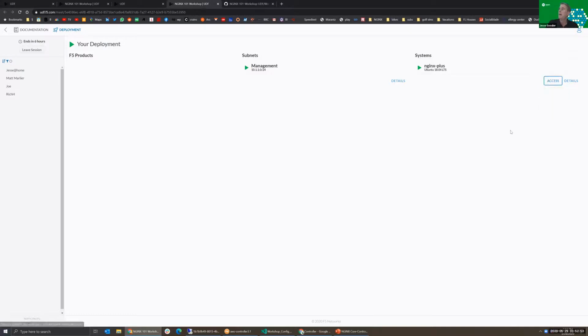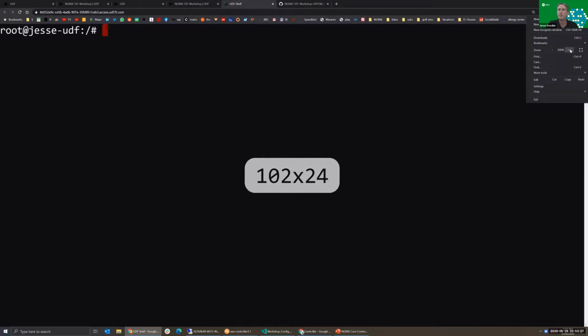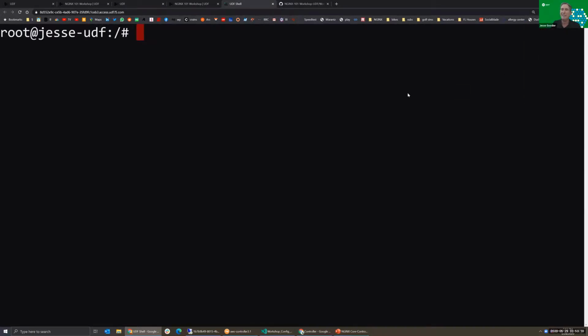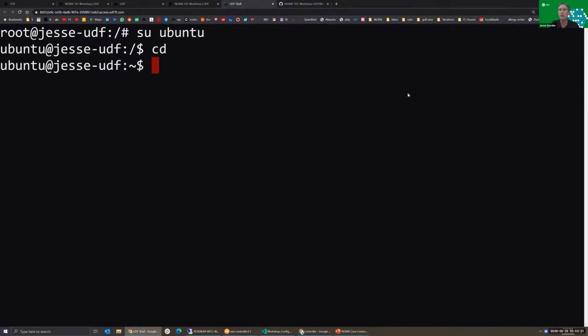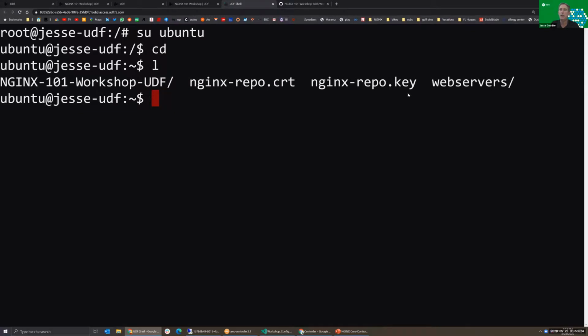So the next step would be to click on this Access tab, and we're going to use the web shell, which is this nice black window that logs you in as root. And if I can make that bigger for everyone again, that should be big. All right, and the first step in the instructions will be to rename your instance. I've already done that. The second step is to switch users and then go to that home folder and then change directory into this GitHub repository